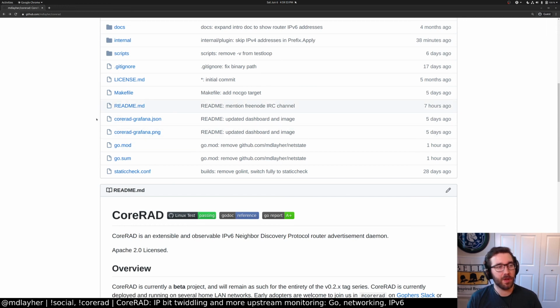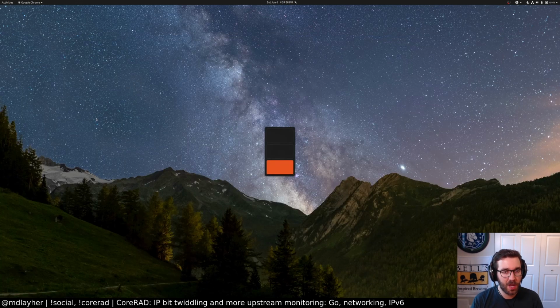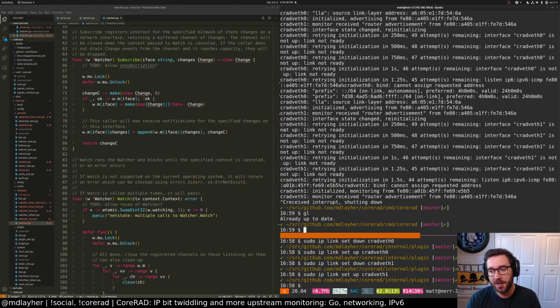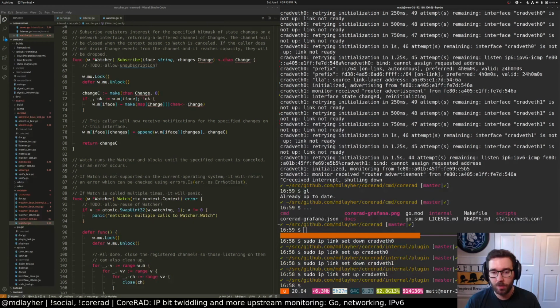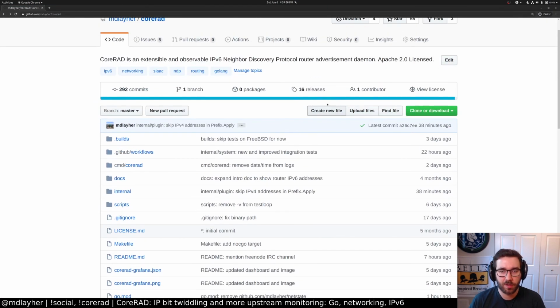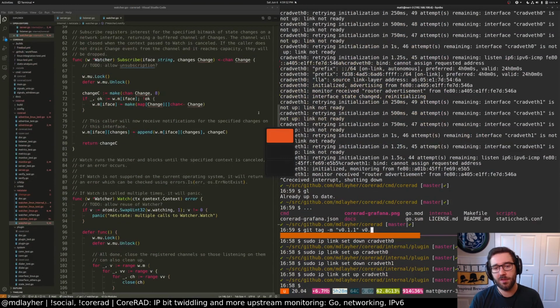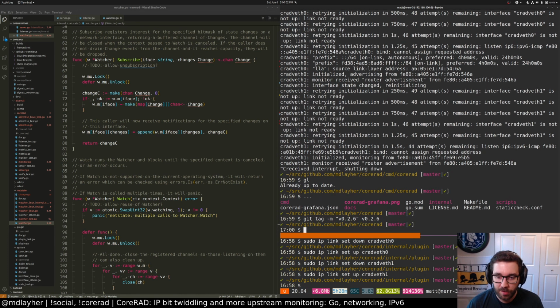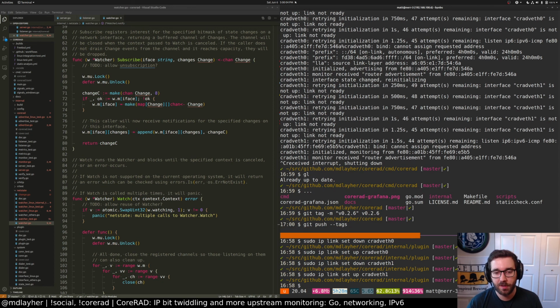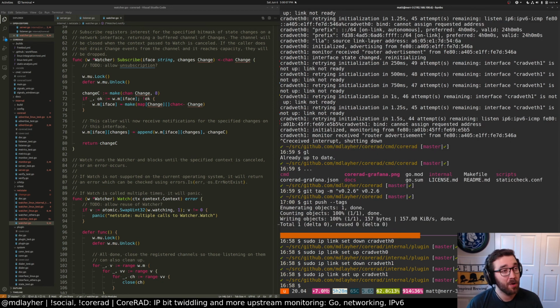Let's tag a release. Let's do it. I definitely want to get Debian packages going for this too, in case folks want to run this on their Debian systems. I run it on NixOS, so that's just easier for me. So, git tag, v0.2.6, I think. Yes, 0.2.6. Pretty soon I will start doing a changelog and everything as well, probably with 0.3.0. I think we're coming up on that point pretty soon. So let's do a tag, git push tags. Excellent, excellent. And now we can add this to NixOS.